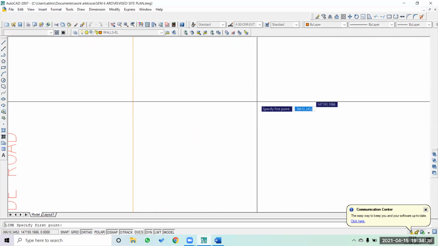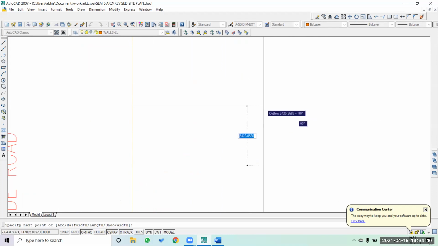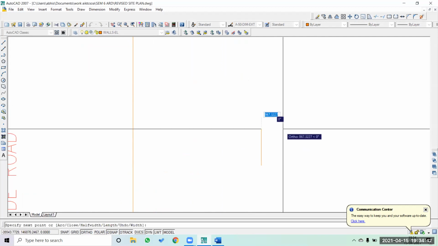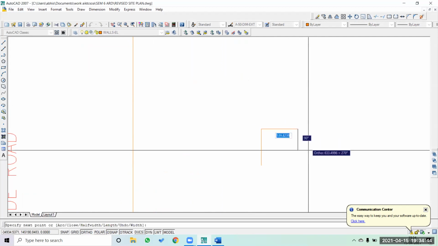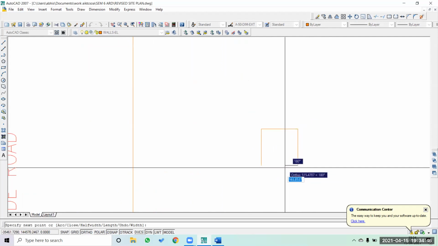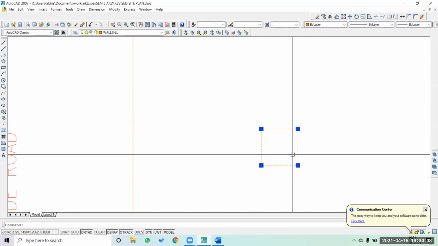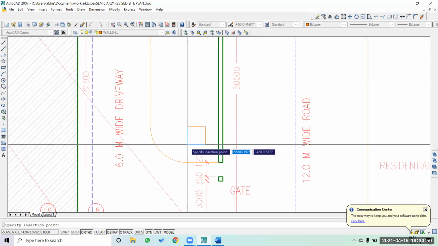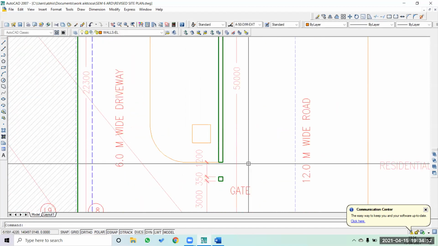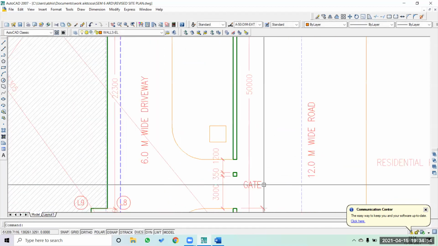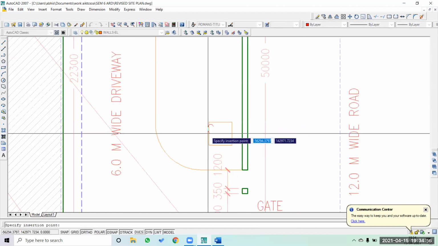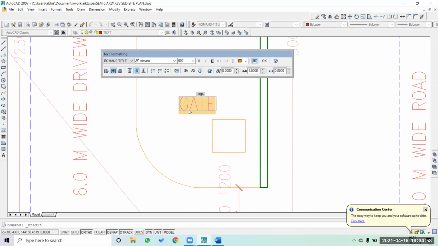So we'll create a watchman's cabin here. Okay, and we are going to place it here. Again, make sure that you write it down here: watchman's cabin, or WB.